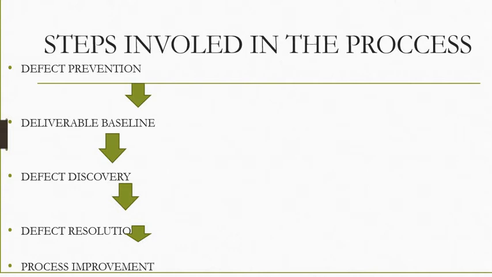Next, fifth one is process improvement. In this process, the way in which a defect originated is analyzed to identify ways to improve the process to prevent future occurrence of similar defects. Also, the validation process that should have identified the defect early is analyzed to determine ways to strengthen that process. Move to next slide.